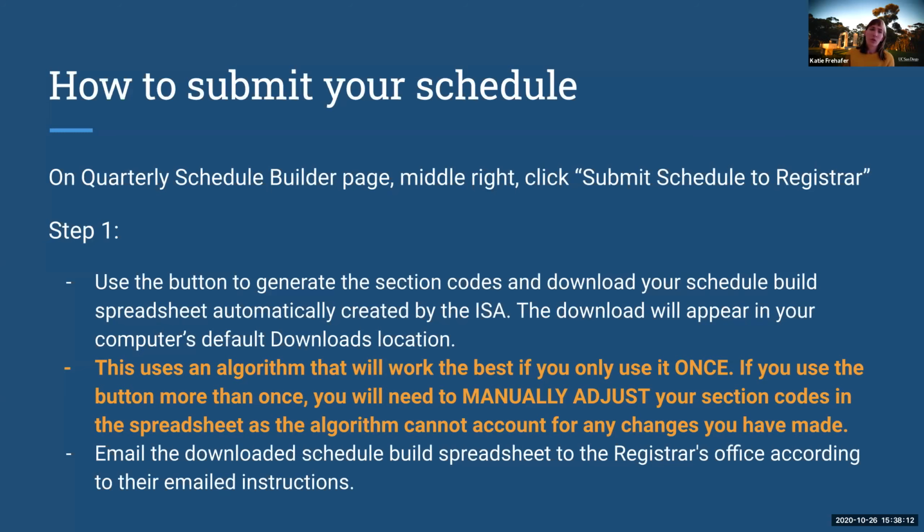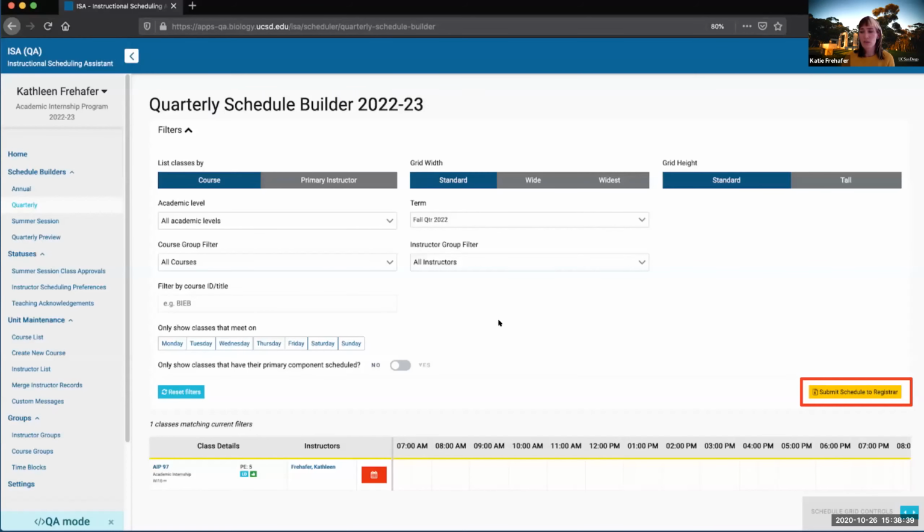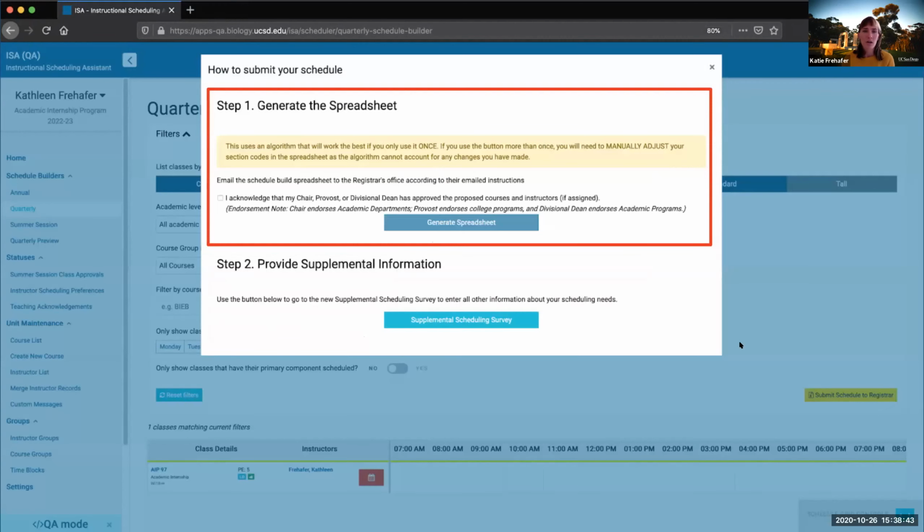And then once it's on the quarterly schedule builder, you're moving back into the regular fall, winter, spring workflow. So I won't go over this completely in detail because there is a recent registrar training that we offered, and that one's recorded and is available. These slides are basically a repeat, but just briefly, on the quarterly schedule builder page, you would enter all those day, times, and section information and then use the submit schedule to registrar button over here on the right to generate your export for the registrar.